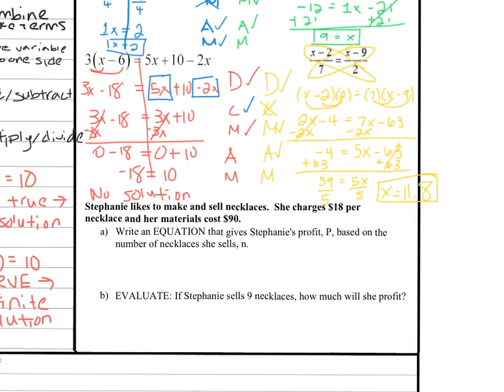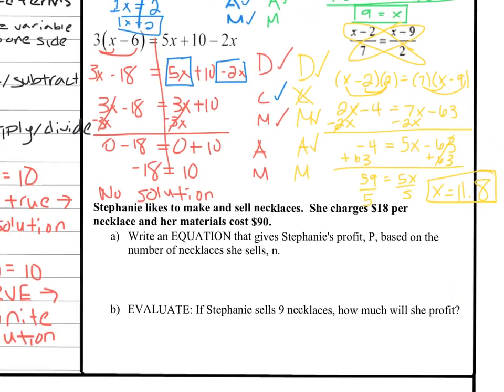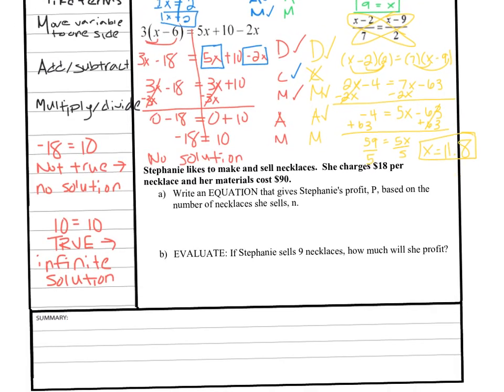Let's move on to our final question, which is a word problem. So it says that Stephanie likes to make and sell necklaces. She charges $18 per necklace and her materials cost $90. On A, it asks us to write an equation that gives Stephanie profit P based on the number of necklaces she sells. So whenever we are working with word problems,